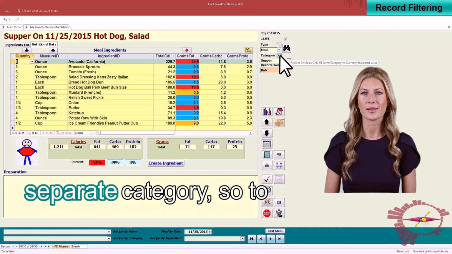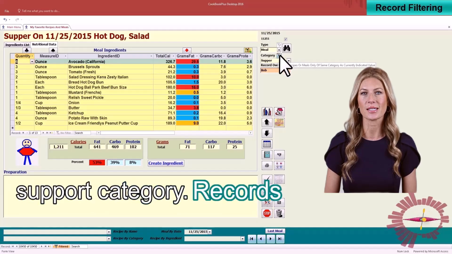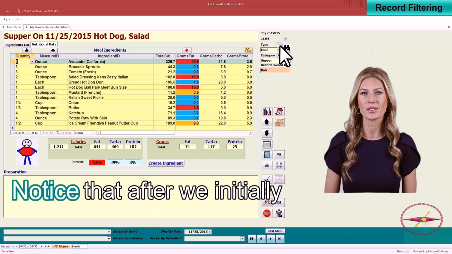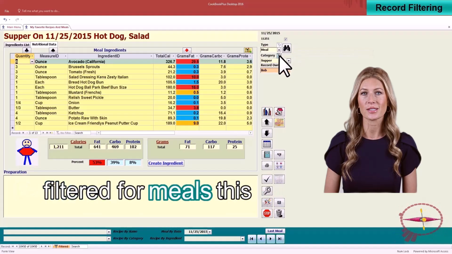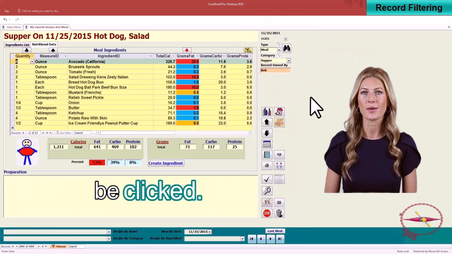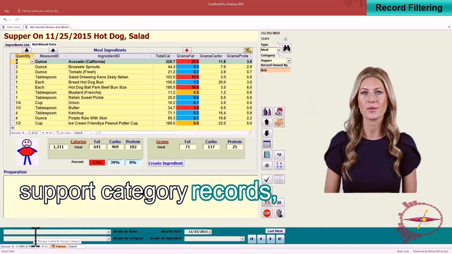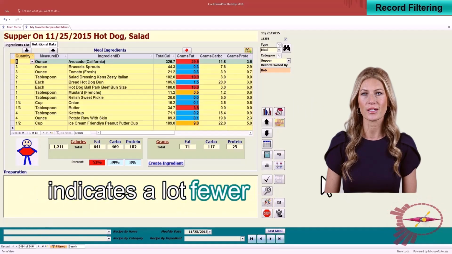We're still looking at a supper category, so to filter and only display meal supper category records, click this button. Notice that after we initially filtered for meals, this command button became unavailable. But this command button can now be clicked. We've now filtered for meal supper category records, and the record counter indicates a lot fewer records in the record